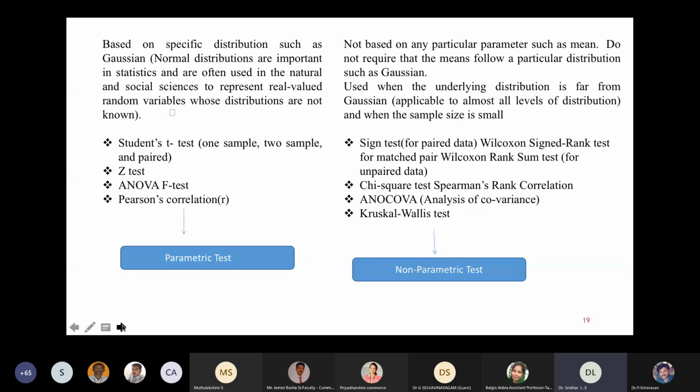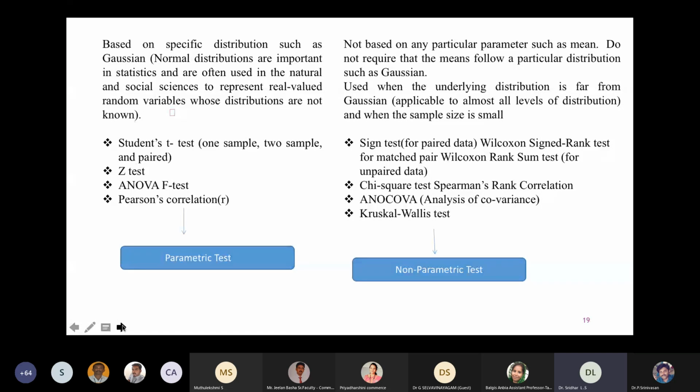And this is very interesting. So what kind of test do we have to propose? It depends upon the data structure. We can propose which test to use based on the specific distribution, such as the Gaussian normal distribution. You can propose your test like in